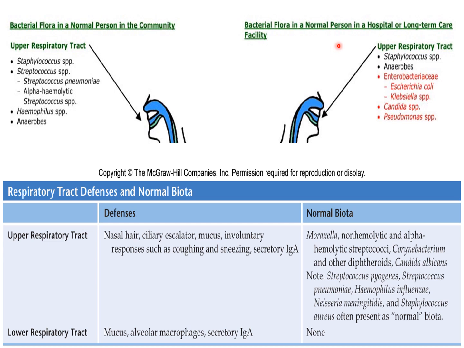Patients who get admitted into the hospital or to the intensive care units for a period of more than 3-4 days, then the type of normal flora might change and shift to other types, such as the Staphylococcus species, anaerobes. Also, E. coli, Klebsiella, Candida, and Pseudomonas become more likely to occupy the